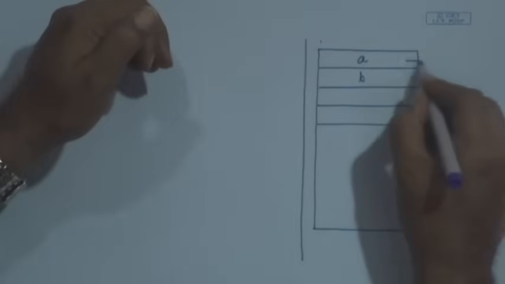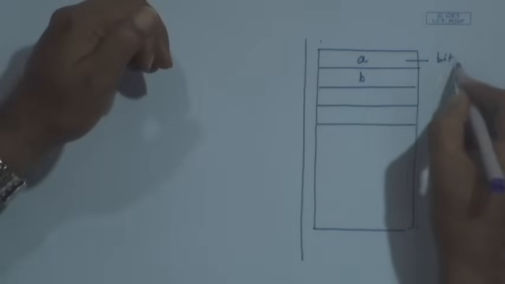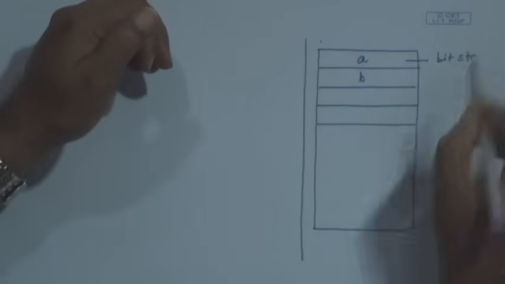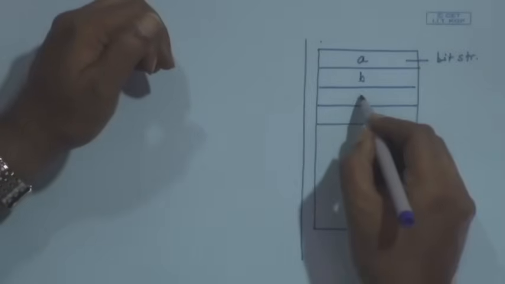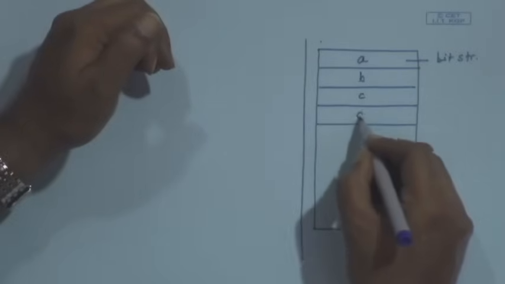So, A is a bit string, say. Okay. So, my program is like A, B, each of them are bit strings. All right, C, D,